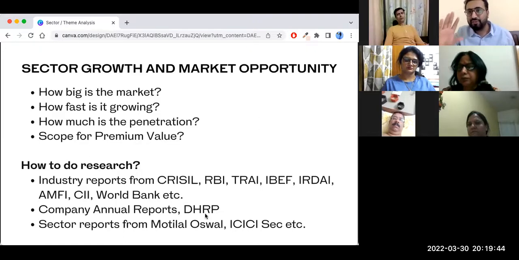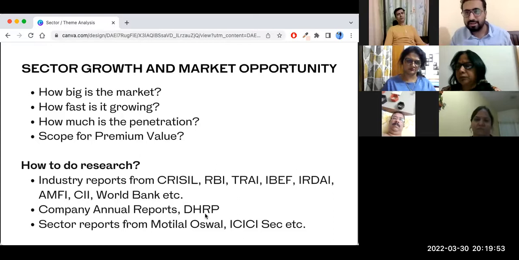Right? Let's say you would have to do sector research on your own, you would have to spend lakhs and lakhs of money. Or you would have to purchase very expensive industry reports. There are also paid industry reports, by the way. There are websites which actually sell industry reports, and the price is normally 10,000, 20,000, 50,000 rupees just to download that report.